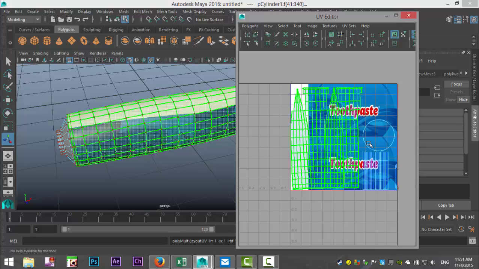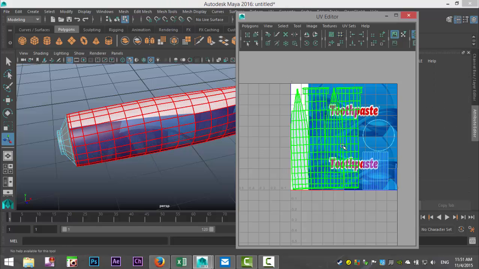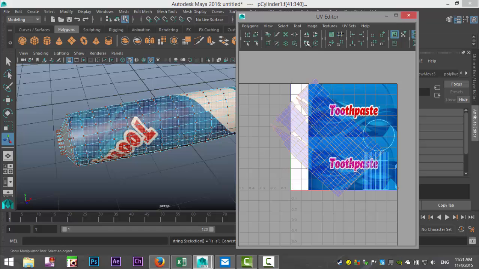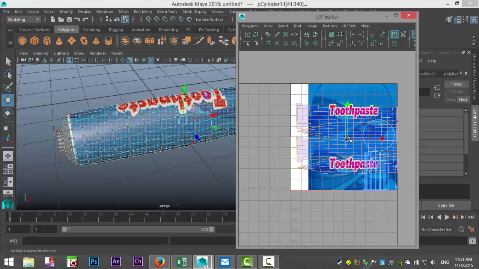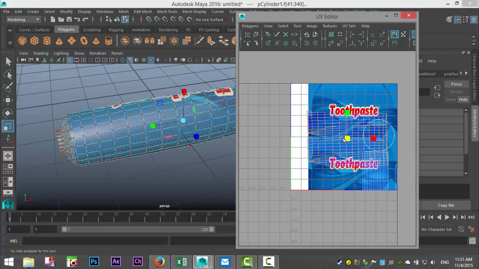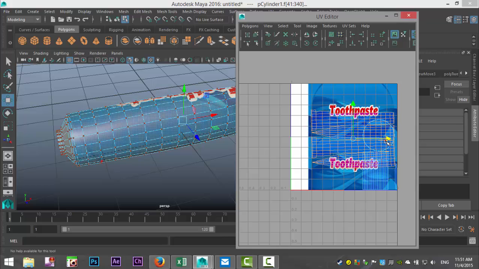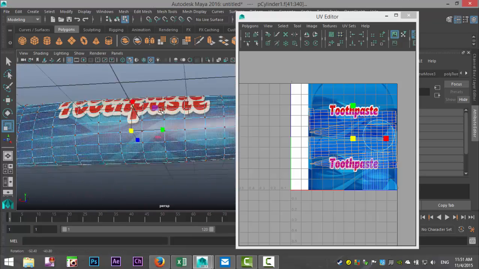Right click UV, drag select this section here. Shell, that's better. Come on, rotate, rotate. Hit W, bring that in. Hit R and scale that down because we want it only in the blue section. Hit R and scale it up a bit more. And let's just check out this guy.